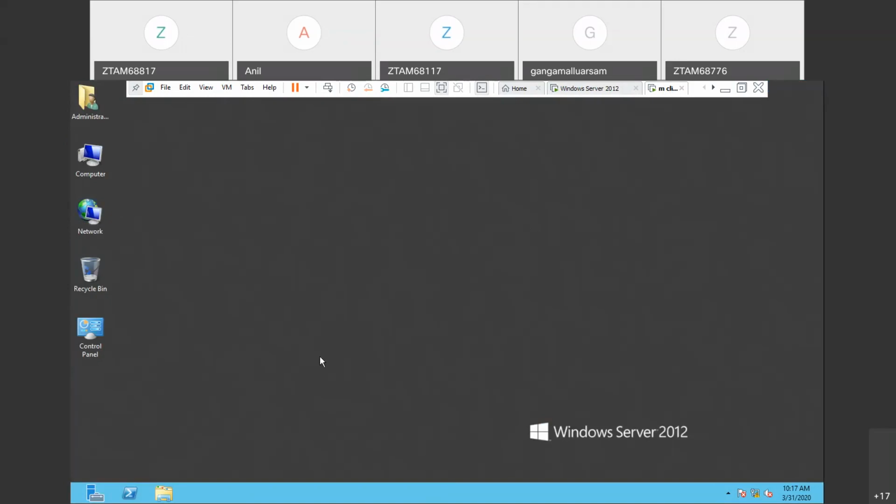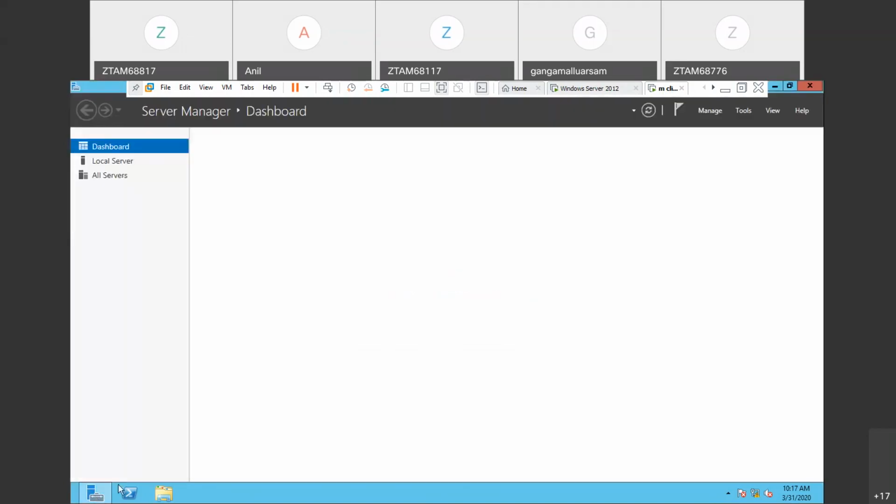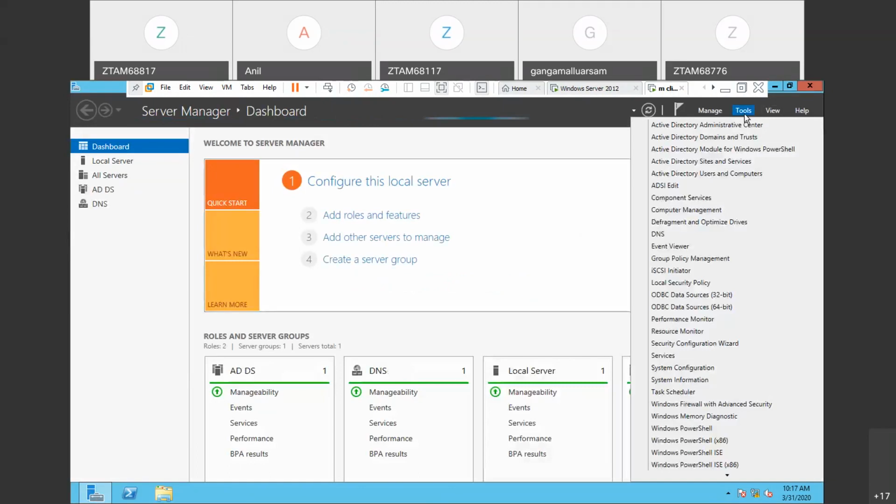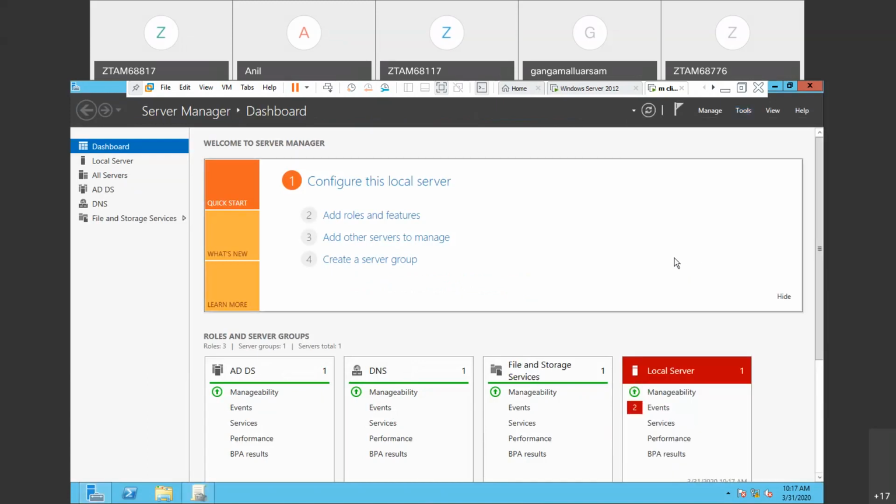Now one more thing we have to give. This is the DC machine, so I need to give him the local logon permission. Whom? Z1. How to give the local logon permission? Go to the GPM console. Give the local logon permission. I'm allowing Z1 to log in into the